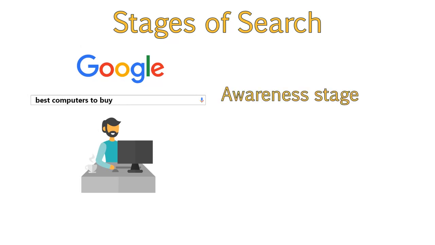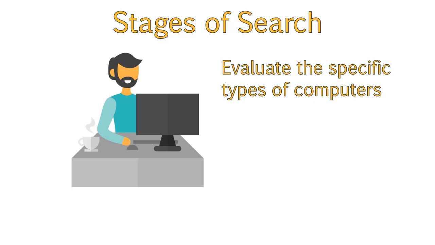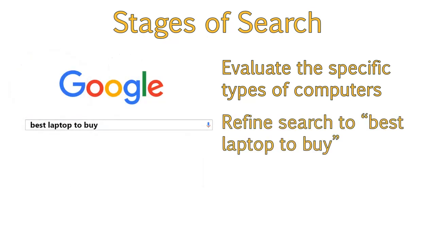In this stage, Tom quickly discovers that this search is very broad, and in order to get the best results, he will need to refine his preferences. He will now need to evaluate the specific types of computers he wants to buy. Tom decides he would like a laptop and not a desktop computer, so he refines his search to "best laptop to buy." His results then show him a variety of different laptops, and he realizes he needs to further narrow